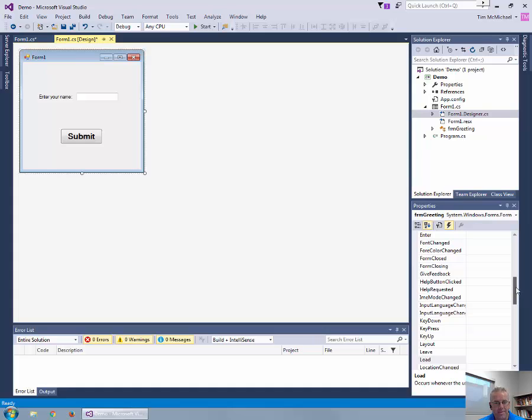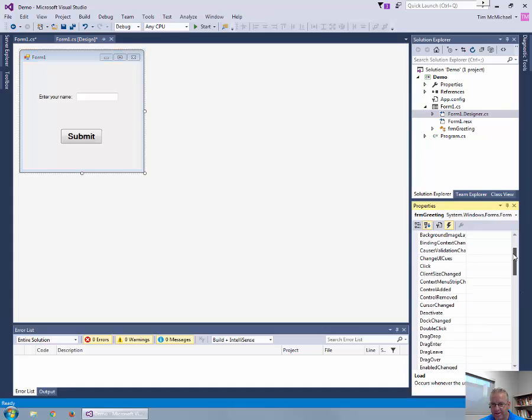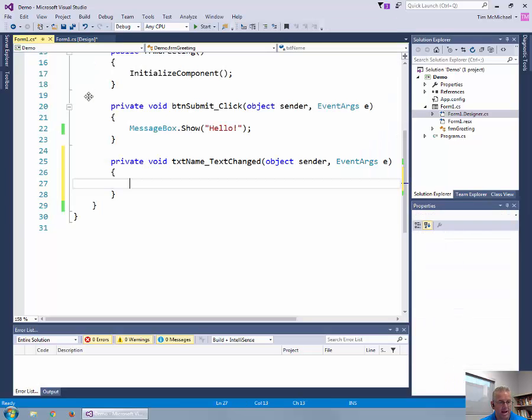All right. And last but not least, this gives me a little transition here to point out that there are lots of different events that can be associated with any control. When I double click on one, it creates an event handler for what we refer to as the default event. The default event for a button is clicking, because that's typically what users do with a button. But that's not the case for every control. If I double click on a text box, it doesn't have a click event generated. It has a text